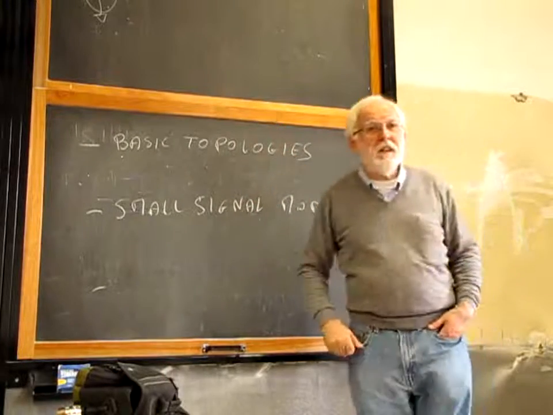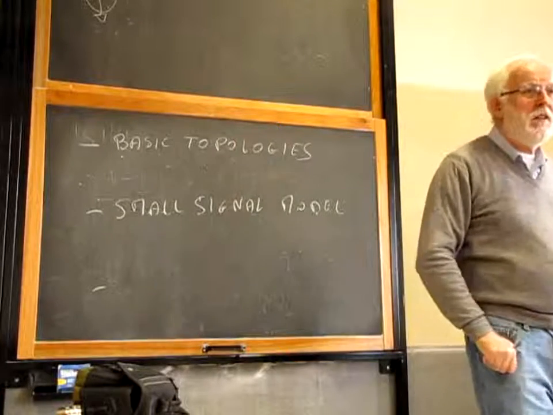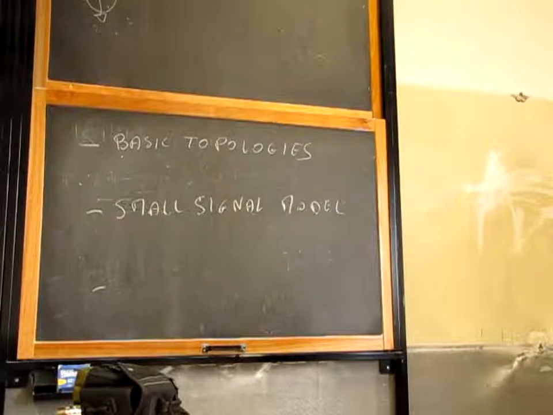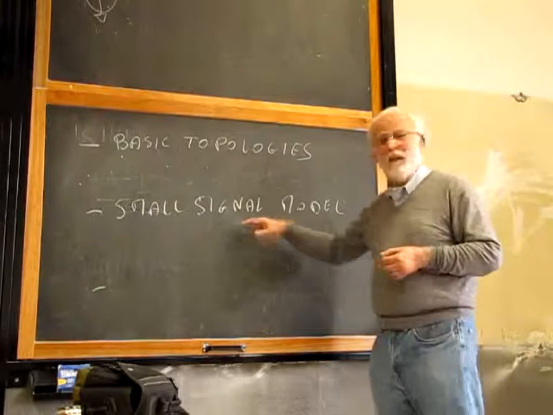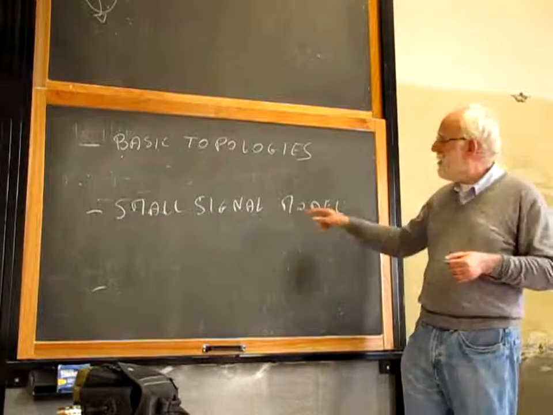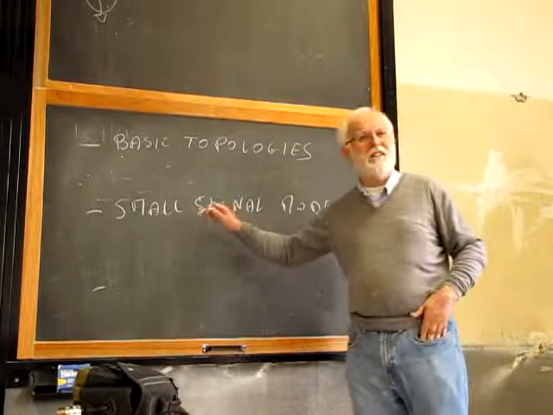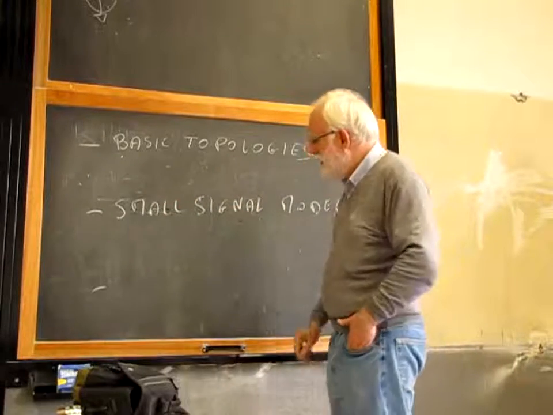Of these topologies. Why do we need a small signal model? Because I want to close a loop around these topologies, around this circuit, in order to control the output voltage. If you want to close a loop, you want to have a feedback to control an output quantity, you need to know what is the transfer function of the object you want to control. Otherwise, you cannot design the control around the feedback loop. And there will be a nice story about this small signal model. It's relatively recent stuff.